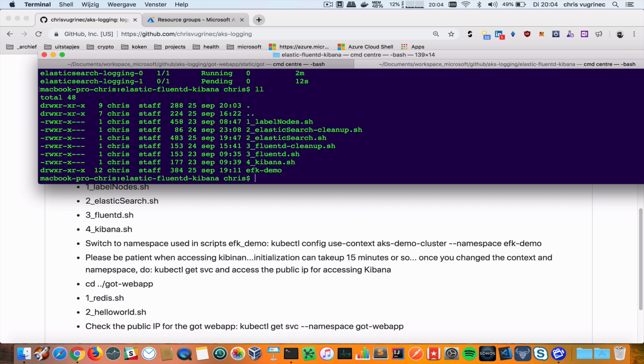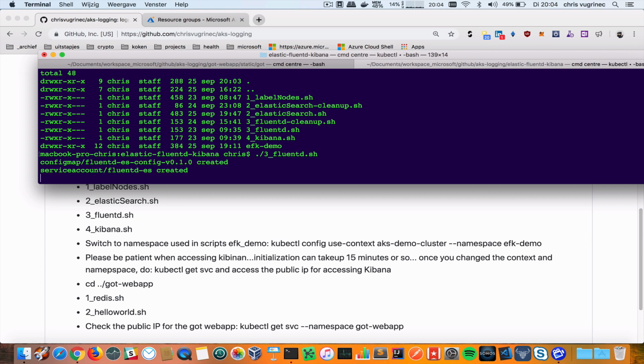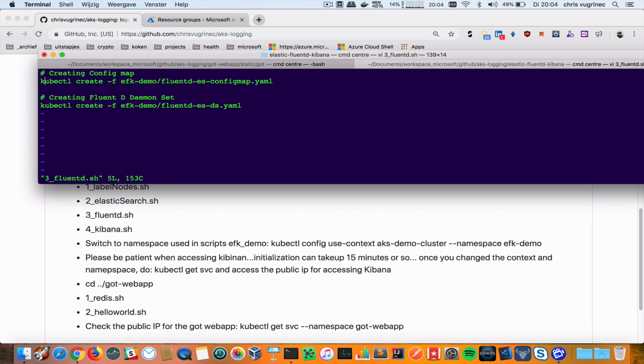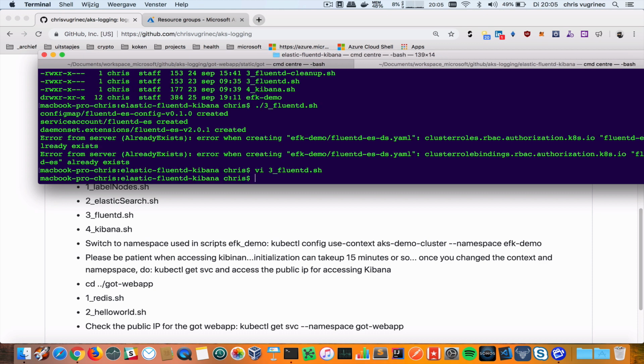So the second part what I'm going to do, or the third part, is configuring Fluent D. So let's have a quick look in the Fluent D config. Here you see I have a config map, and I have the service, or the daemon set. So on every node I'm installing this Fluent D daemon, and this daemon is basically a pipeline where the logging is written to. So in the past we had Logstash, or it still exists, but now more and more people